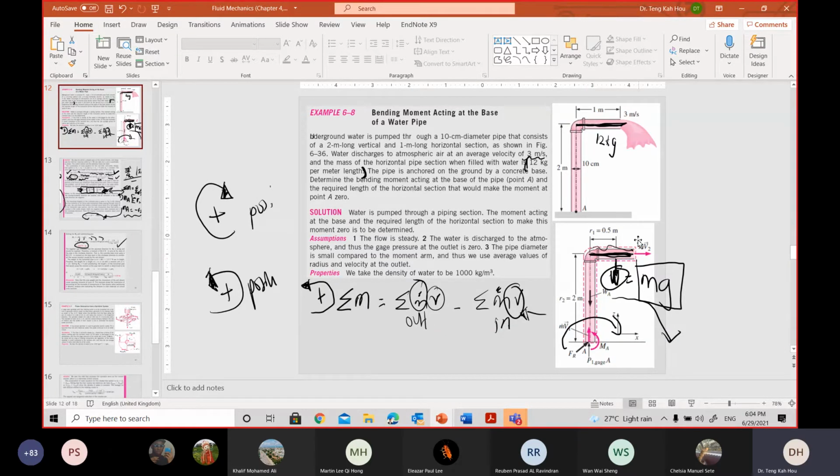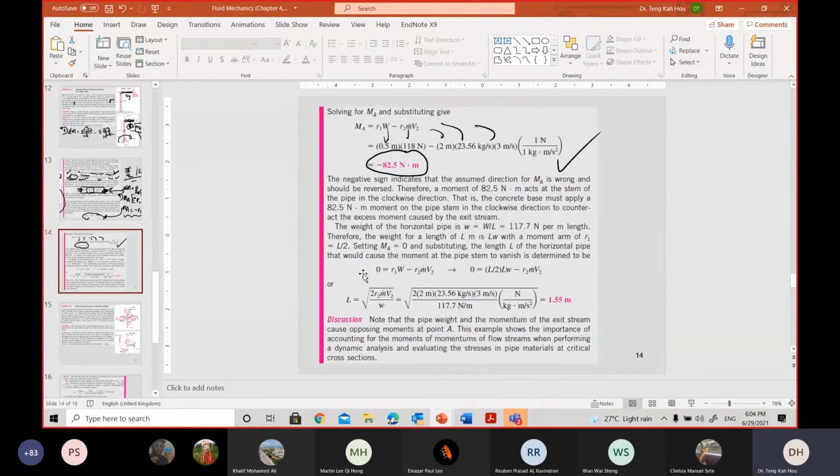This total L can be any section, any length. It might be more than 1 or less than 1 or whatever. That's why the question introduced L over 2 for the R. And when you talk about the big W, I leave it to you for that. Okay? And I'll come back to you next class.